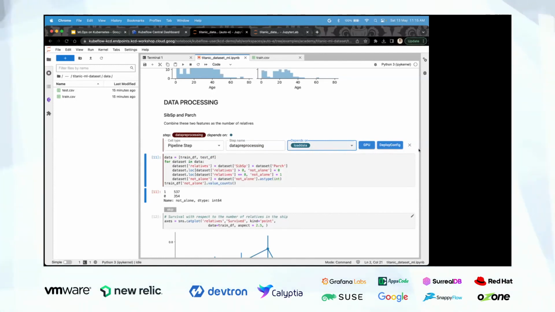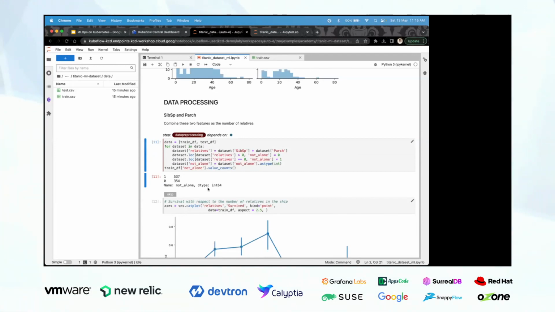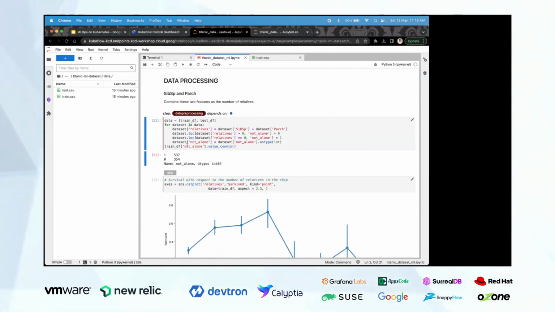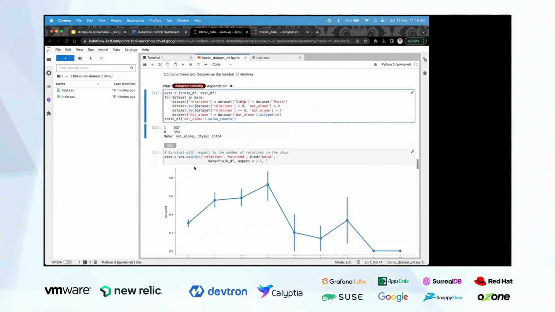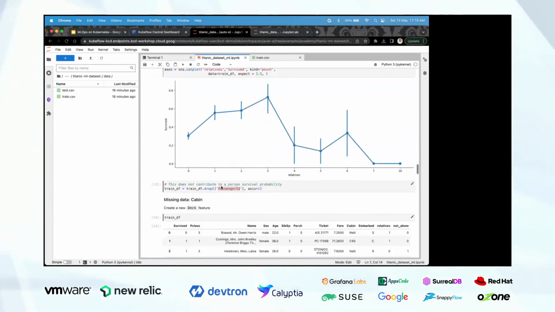In this particular data pre-processing, we can include all the cells which we have used to pre-process the data. Now this is some visualization which we can skip.